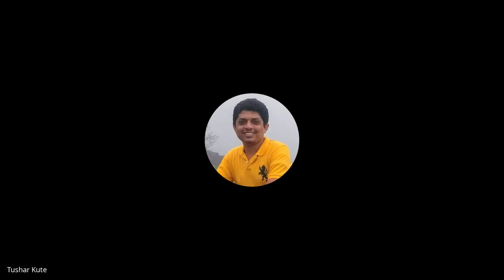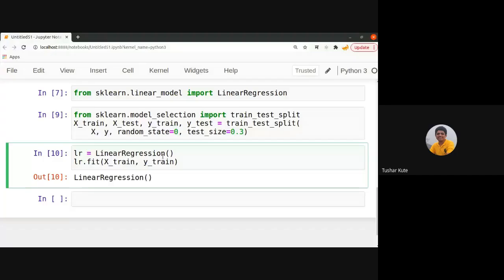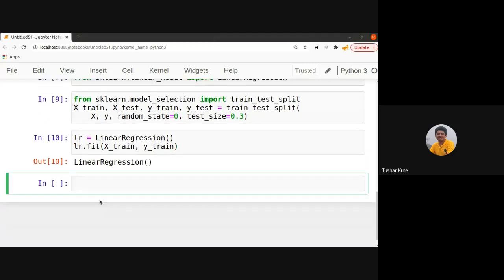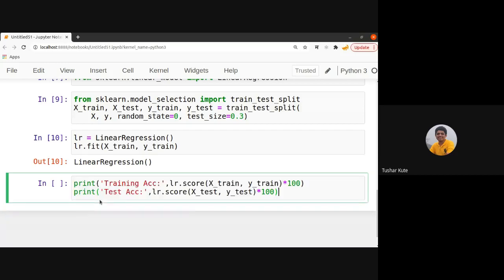If you see, the data contains multiple inputs, n number of inputs, and one output variable. MEDV is the output variable, and based on that, we have created the model for the given data set. The model is created and we have fitted it, so we have trained the algorithm. Now we will find its R2 score, which is the accuracy of the algorithm. It should ideally be 100%, that is 1.0.